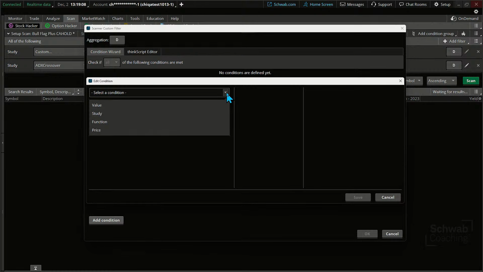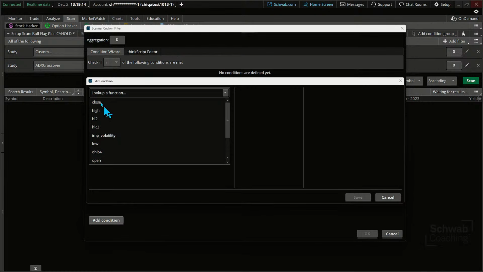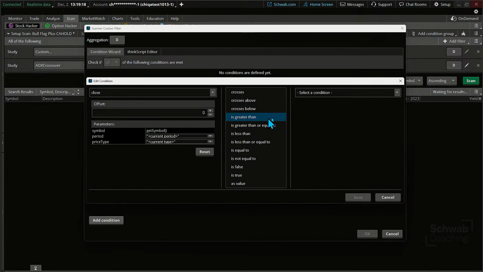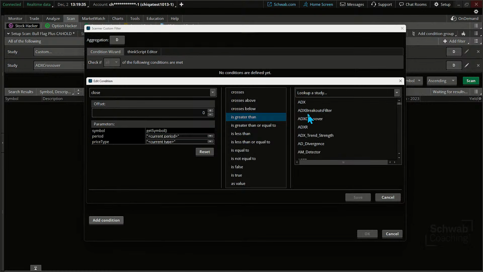What I've created here is really so easy. Step one, click down here. All I'm going to say is exactly this: current closing prices are greater than the 50-period moving average. So this is your action, right? You've got to click on the action section right here, go over here to the right, scoot on down, and then click right on study, because it is a study. The moving average is a study.